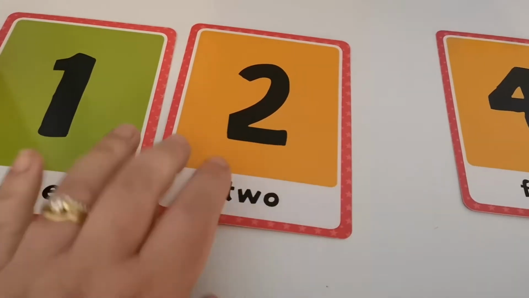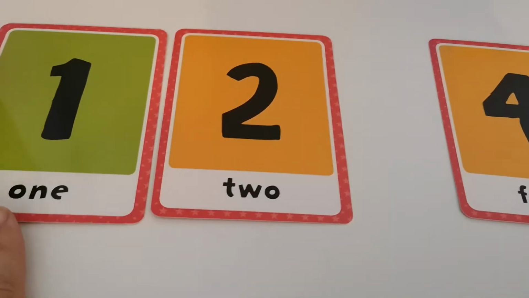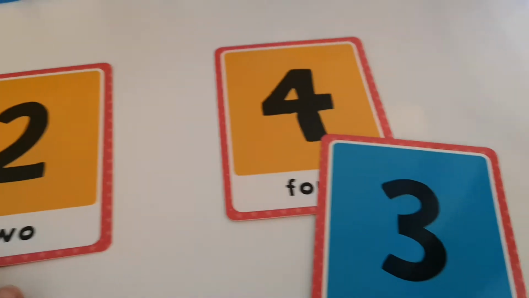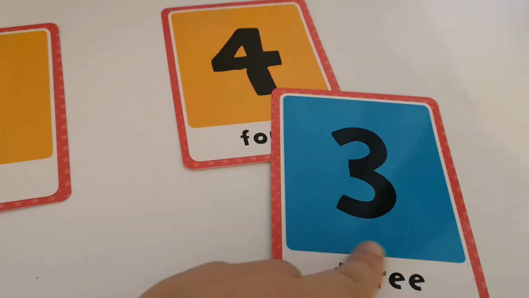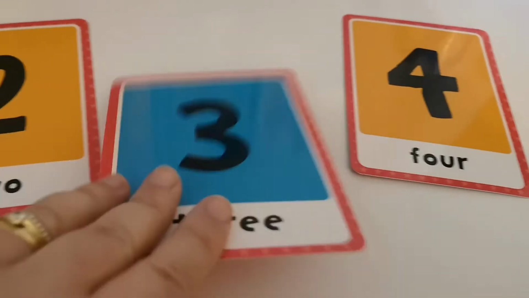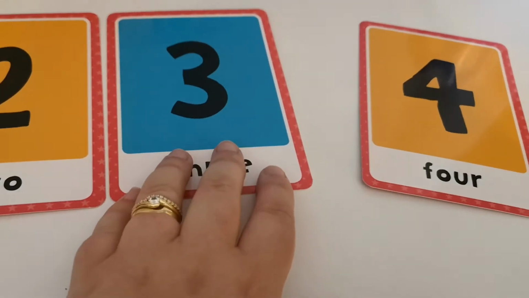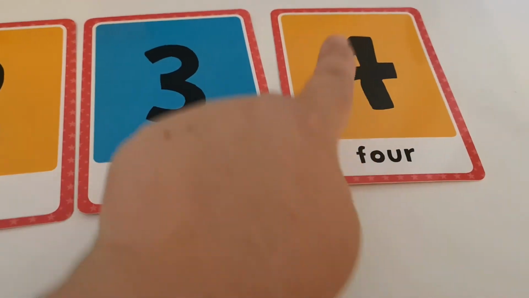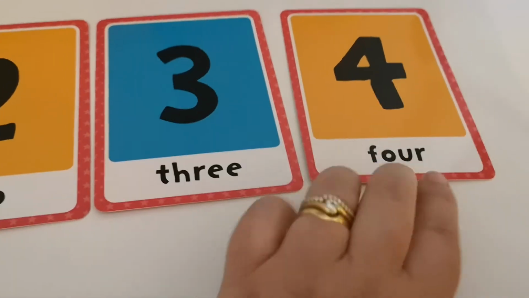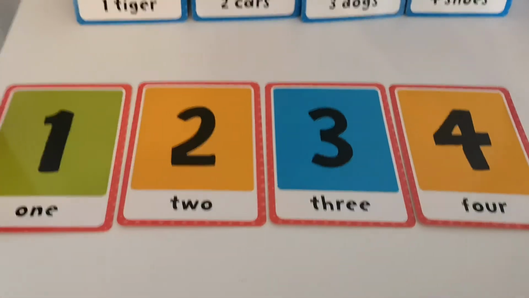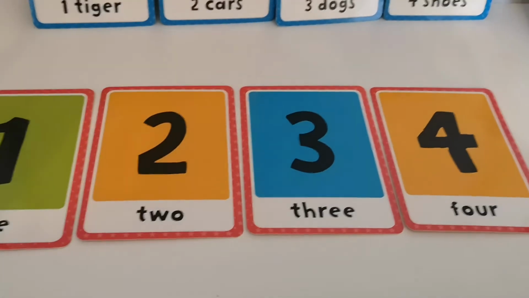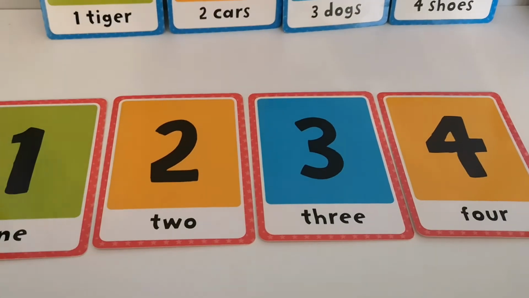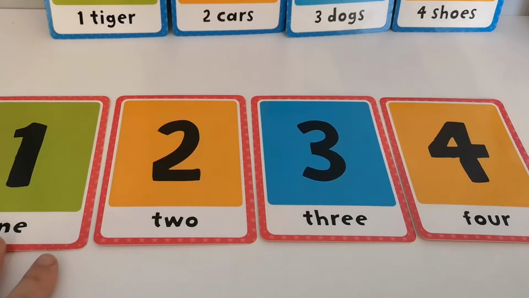Around and back. Which number comes after 2? 1, 2, 3. Around the tree and around the tree. That's the way we make a 3. Then down and over, down some more. That's the way we make a 4. 1, 2, 3, 4. There are the numbers, and you can practice writing those numbers, but we're also going to match them